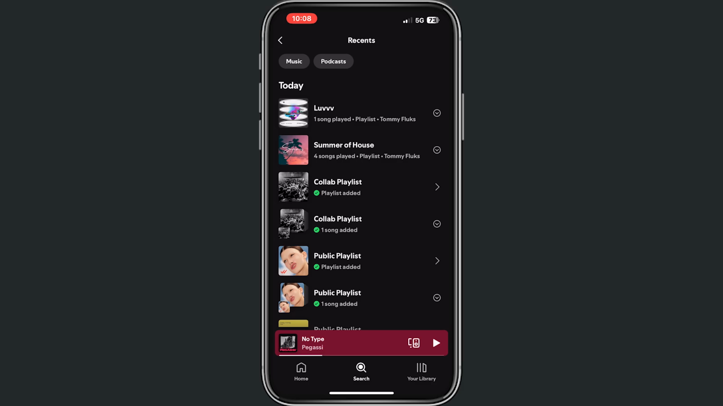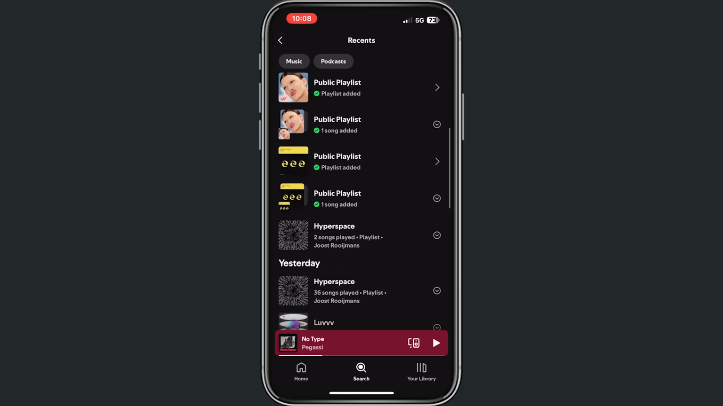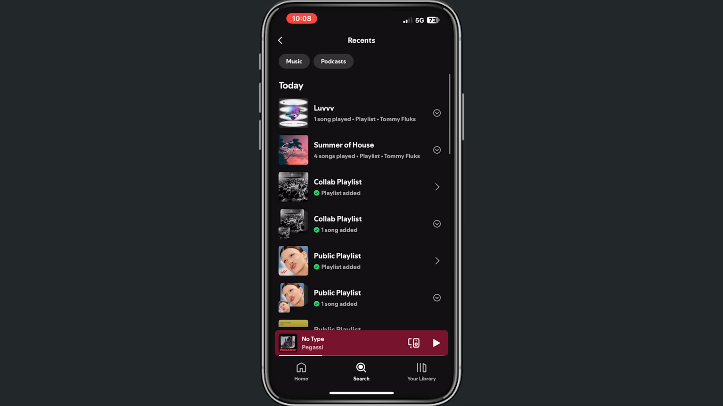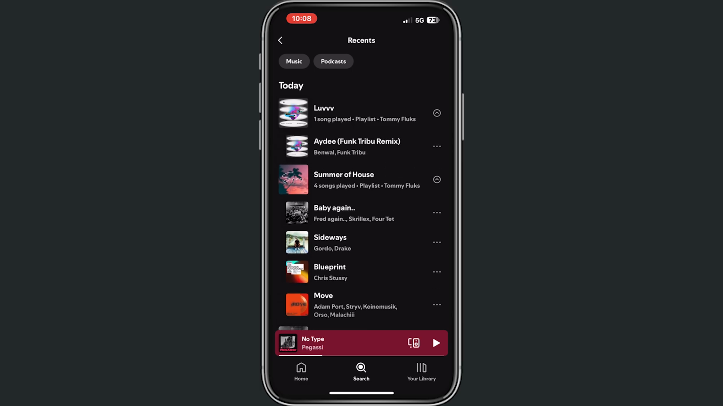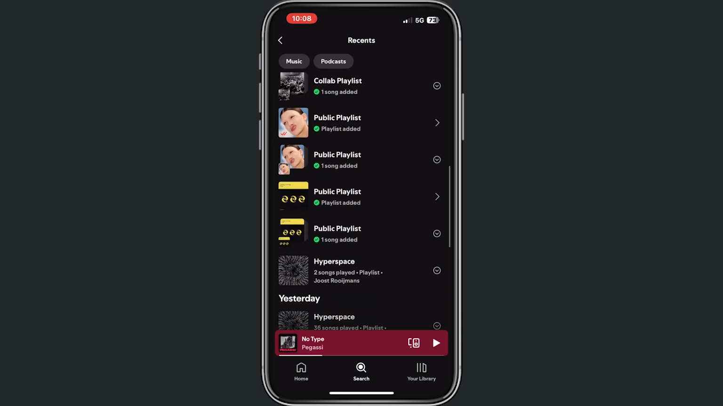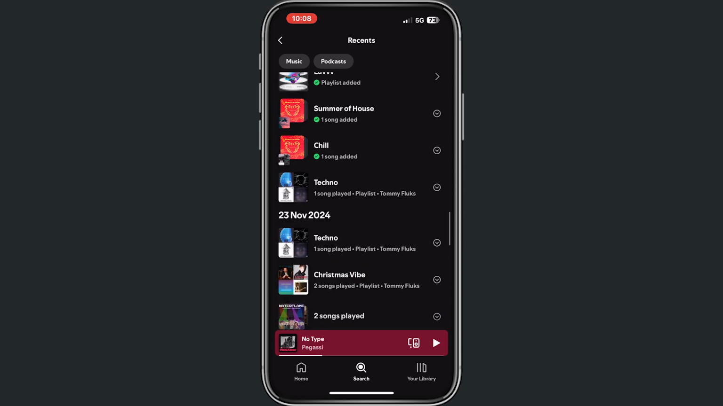So from here, we can search for the song, or we can search for whatever you want. But today I did the Summer of House option. And from here, if I tap on that, you can see the songs that I played. Now, I also played one song from Love, but here on Recents, you can see all your active songs that